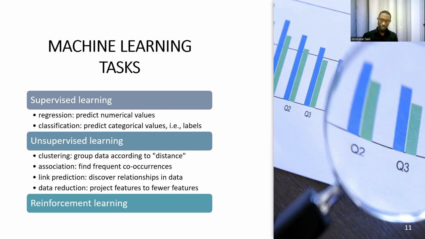What if my problem is more of classification? So this is not telling you, this is the value of the house. When you are going around, it tells you this is expensive, this is cheap. Only categories. I will give you three categories: there is an expensive house, there is a medium price house, and there is a low price house. These are the only three categories. So only categorical levels, that's what it provides you with, not numerical values. This kind of problem, we call it a classification problem.